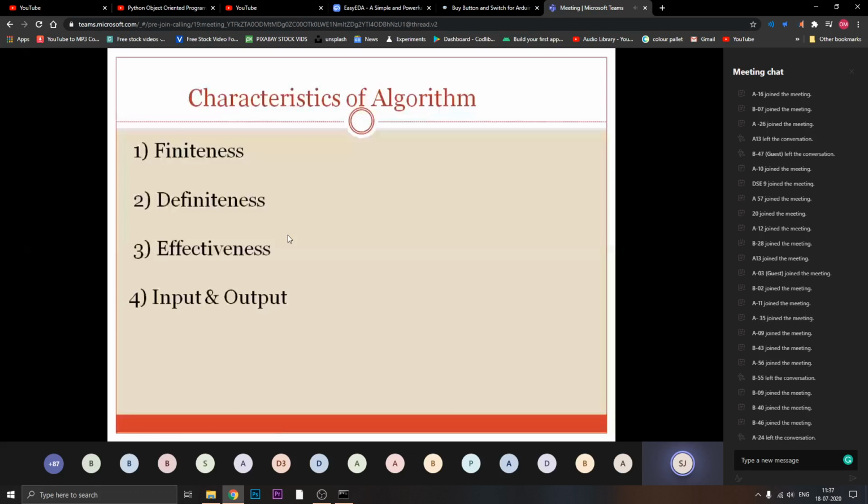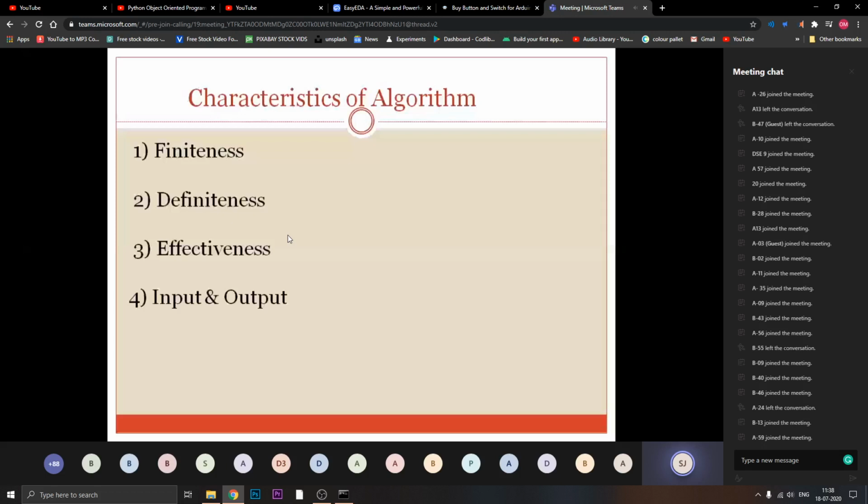Your algorithm should reflect all those things, then and only then can we say that we have written a good algorithm. And only if your algorithm is good, you can easily implement it in a programming language. So there will be fewer difficulties for you to execute this kind of program. Okay, so steps must be clear. It should satisfy all those properties.